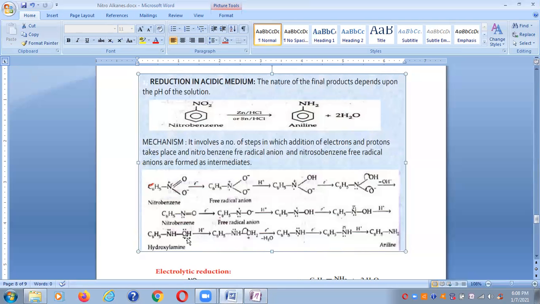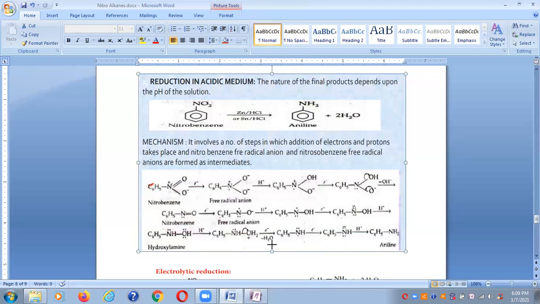Further again, what happens? This hydroxylamine again takes up one H plus ion. So again, it accommodates the loss of a water molecule. So thereby it will be converted like this, into aniline. So here what happened, once the water is removed, the nitrogen gets the positive charge that will be nullified by an electron. Here only one electron is shown, and then again one more electron. So thereby it got two electrons, that means a negative charge. So then it can easily absorb H plus ion and end up with aniline.